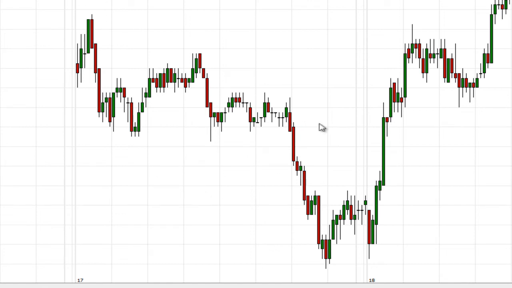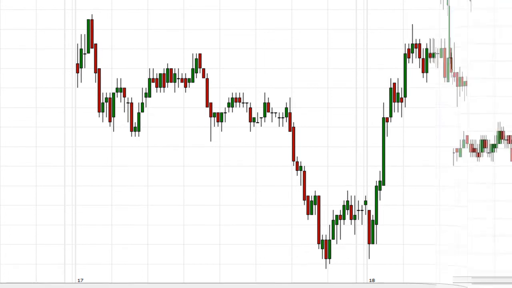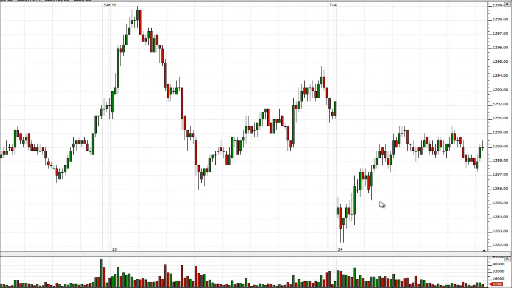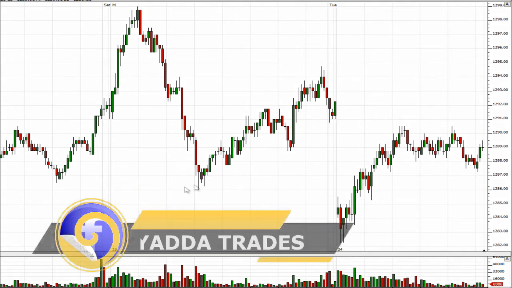Now, it doesn't always have to wait until the afternoon to break the first hour range. It could happen right away, right after. But we just focus on that first hour because we know that's where the bigger players are usually most active, right? And once we break to one side or the other, that's kind of telling us that that side that was able to go further is the dominant side, either the sellers or the buyers. Now, like I said, there's a million variations of these types of days, but it's just helpful to have that general idea of the push to one side of the initial range.